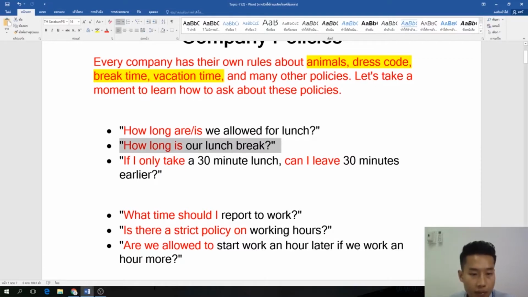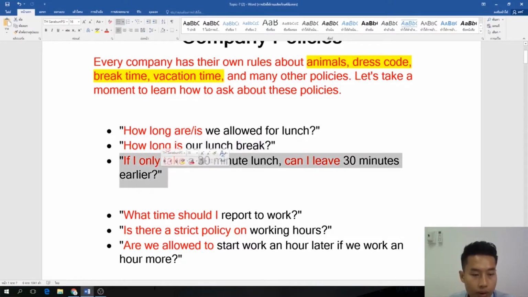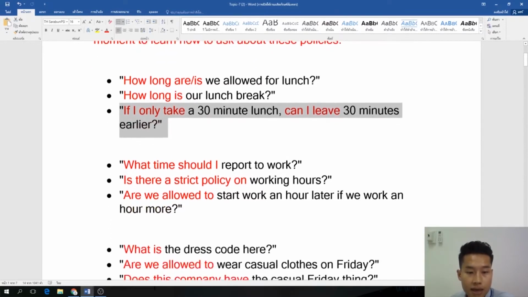Okay, and number 3 here, if I only take 30 minutes for lunch, can I leave 30 minutes earlier? Because some companies allow just 30 minutes for the lunch break. So that's why the question is, if I only take 30 minutes, can I leave 30 minutes earlier? Okay, so it's more fair. It's like 1 hour for the break here, 30 minutes here, and then